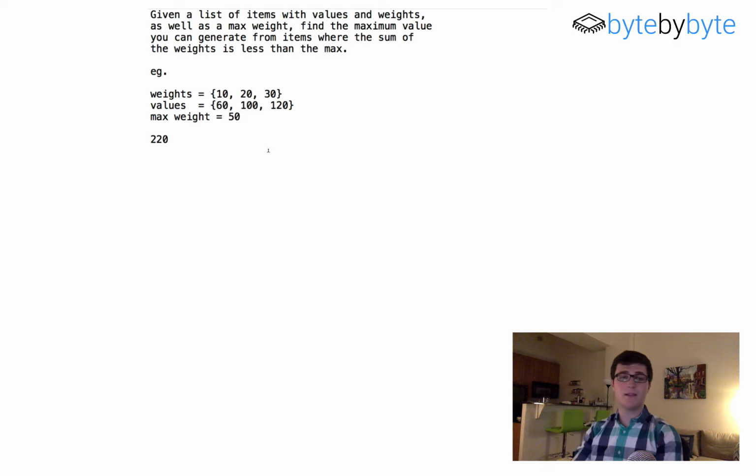And so what we're basically saying here is that we're going to write a recursive function that is going to take in an index. So we're going to start with the first item, and we'll consider 2 cases. We'll consider the case where we include the item and the case where we exclude the item. And so we will call our function recursively 2 times, one where we included the item and one where we excluded the item, and then compare the results. And so we can just simply take the max value of including it and not including it. And as we continue and we iterate through each element, then eventually we're going to bubble up back the maximum